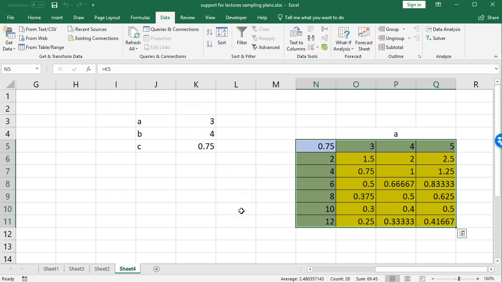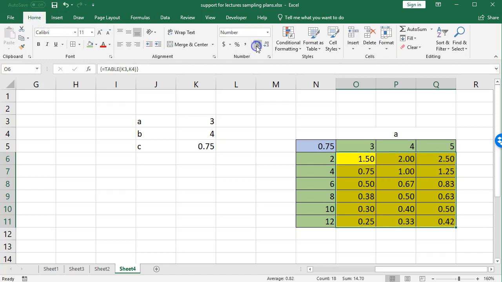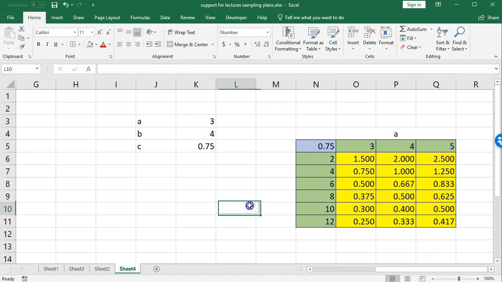And just hit enter and you see Excel computes all the combinations. I am going to just make it more readable, and now you have a very nice table that indicates what happens when two parameters are changed in our model. So by using these two tools, we can create operating characteristic curves. Let's start with